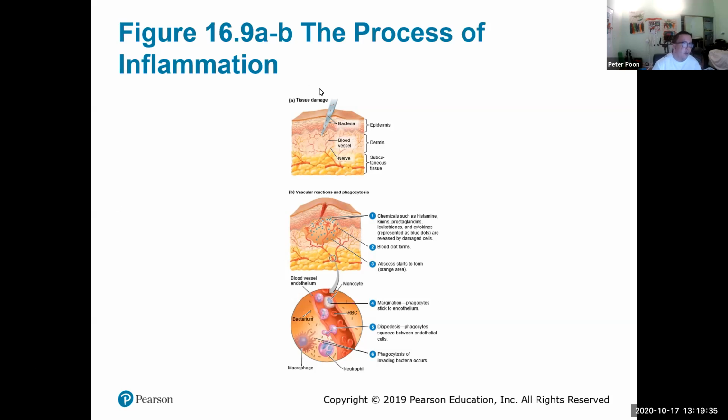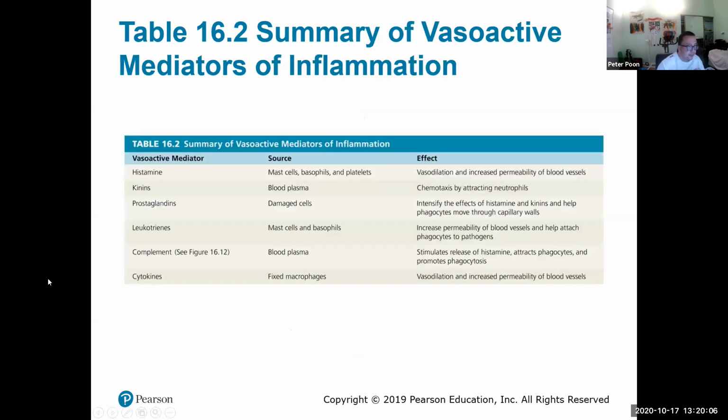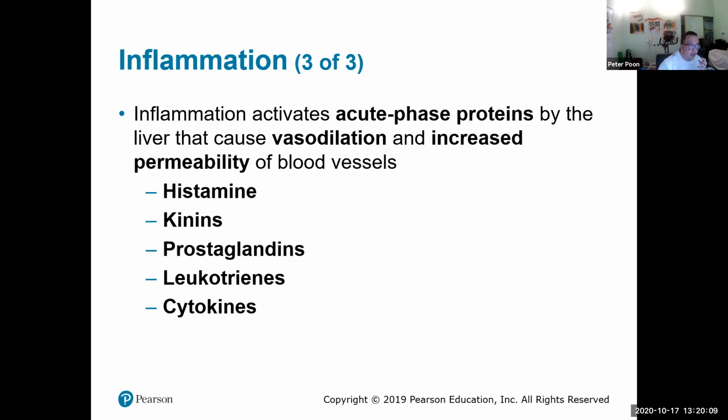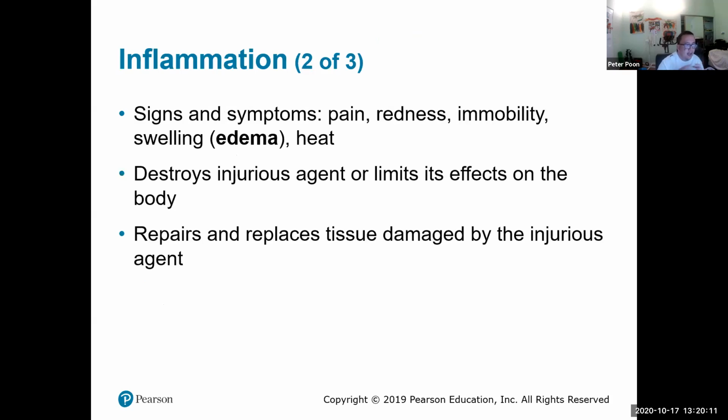Okay. So the process of inflammation. So you come in, you stab yourself, and now bacteria comes in along with it. First thing: chemicals such as histamine, kinin, prostaglandins, leukotrienes, and cytokines are released by the damaged cells. What actually happens is the histamines and the prostaglandins cause